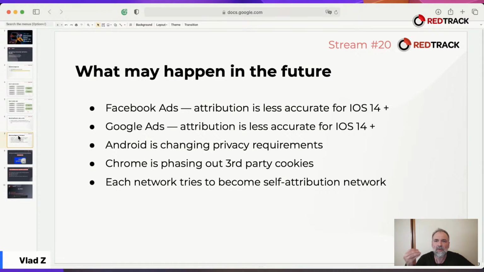So basically, each of them wants to turn into a self-attribution network, where they can see all your conversions, where they can attribute as many of them as they technically can to fight for your budget and show, hey, we gave you that result. So with the death or sort of complications in tracking attribution and loss of third-party cookies,